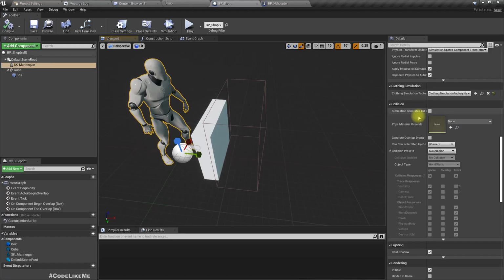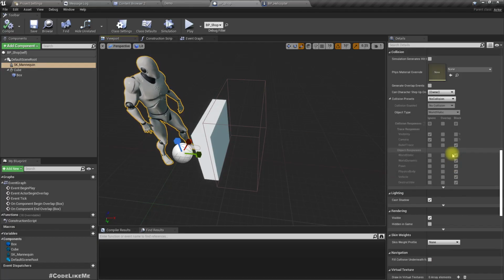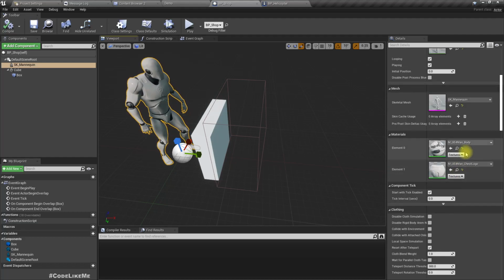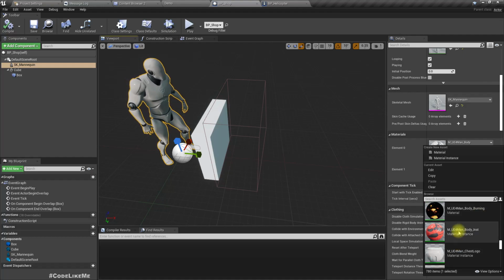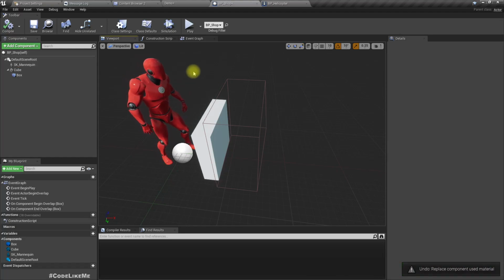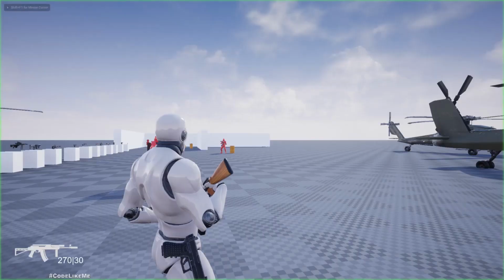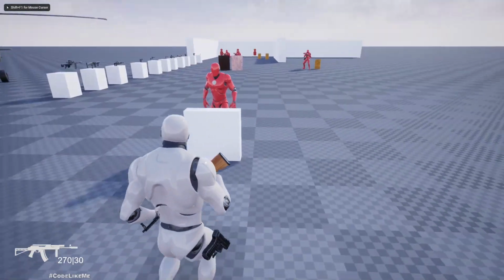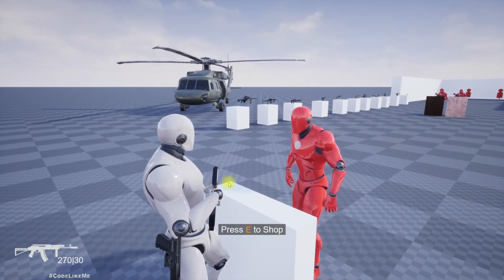First, one more detail here. Let me change to a different color, just so there is some difference between the player and the other character. Okay,